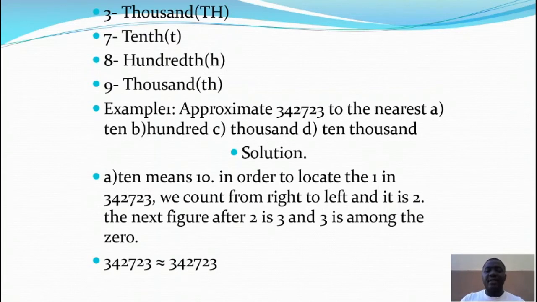Please observe this thing, please. The 3 at the end is supposed to be 0. It's not equal to, please. The 3 at the end is supposed to be 0; it is an error. So when you look at this 2, the next number is 3, and the 3 becomes 0. So the approximated value is supposed to be 342,720. Please, it's not 342,723, the same as the main value. No, it is